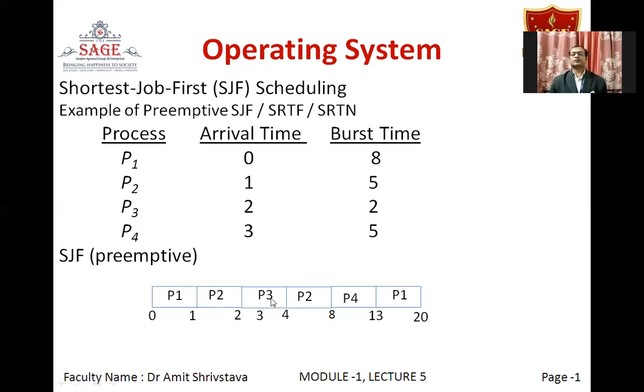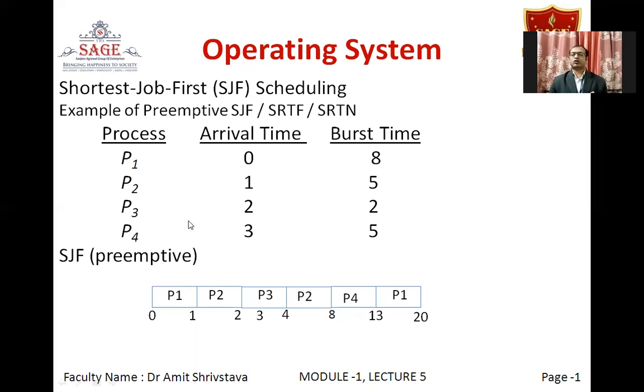Okay. So now we are left with 3 choices, that is P1, P2, and P4. P1 with 7, P2 with 4, and P4 with 5. So among these, P2 has got the smallest CPU burst, that is of 4 unit time interval. So next we will choose process P2. So P2 will be allotted the CPU from 4 to 8. Now P2 is also completed.